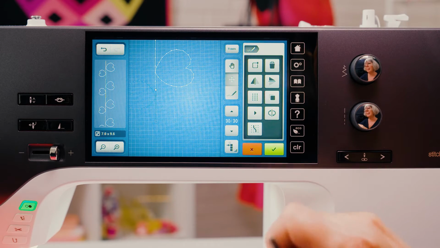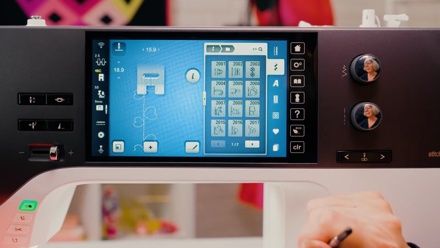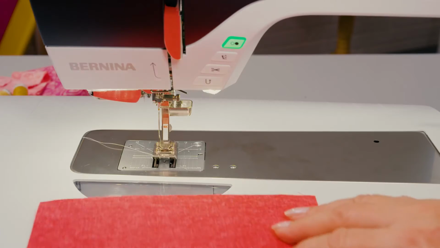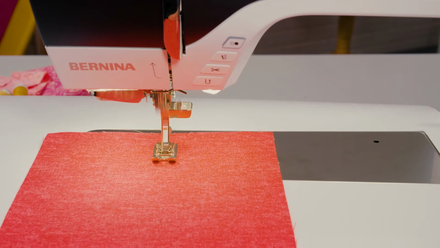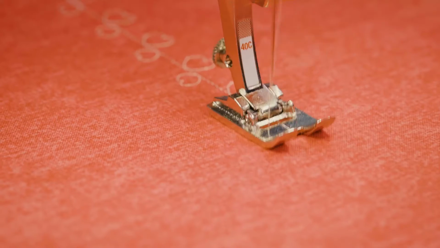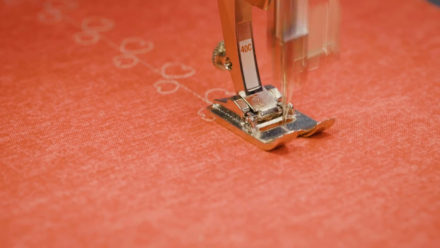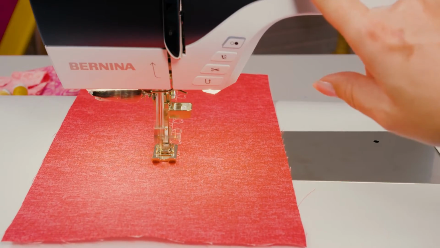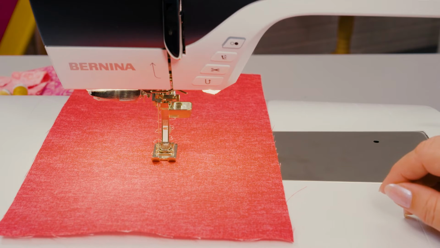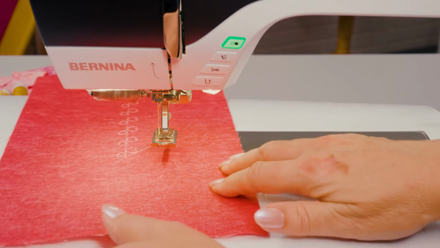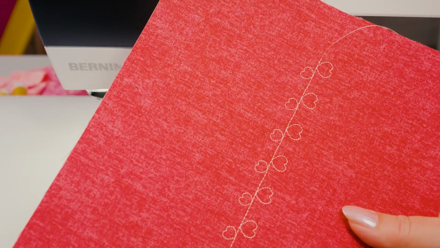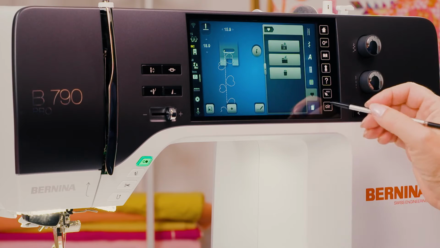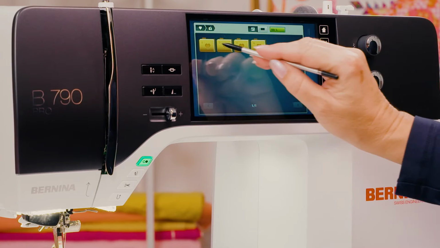When the design is completed, it is confirmed and can be sewn. The newly created pattern can be permanently stored by saving it.